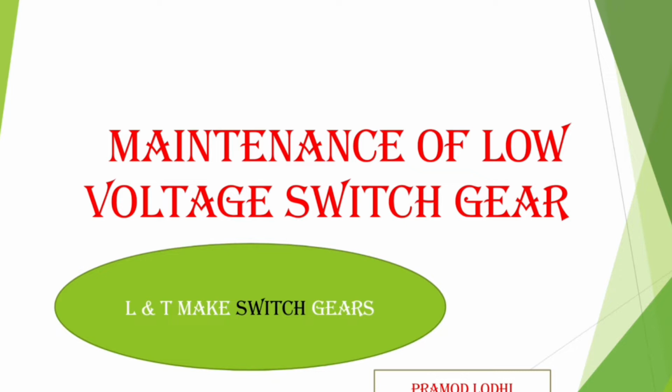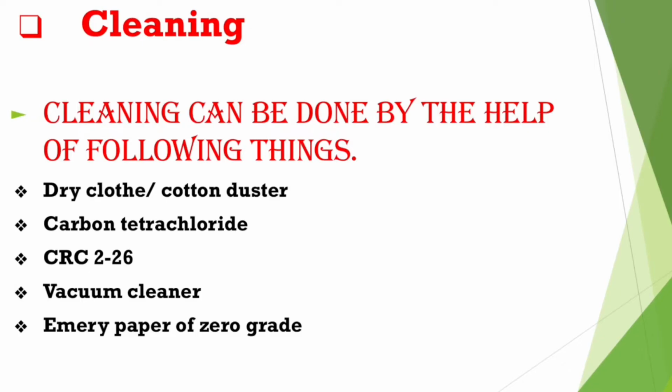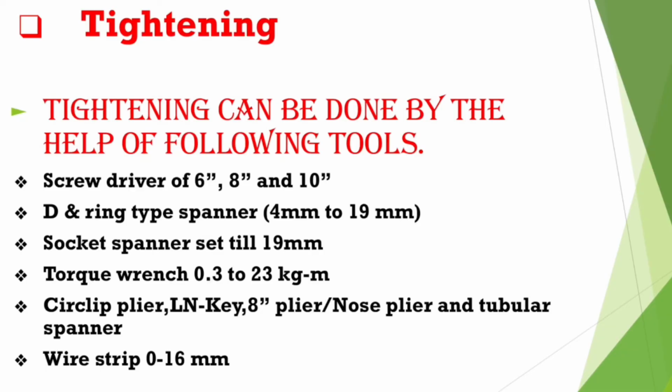Today I am here with one more new video, that is maintenance of low voltage switchgear. So in this video I will explain the 5 following steps that can be followed to do the service and maintenance of any electrical equipment like ACB or VCB. So the first two steps I will explain here: cleaning and tightening, and the rest 3 steps I will explain in the next